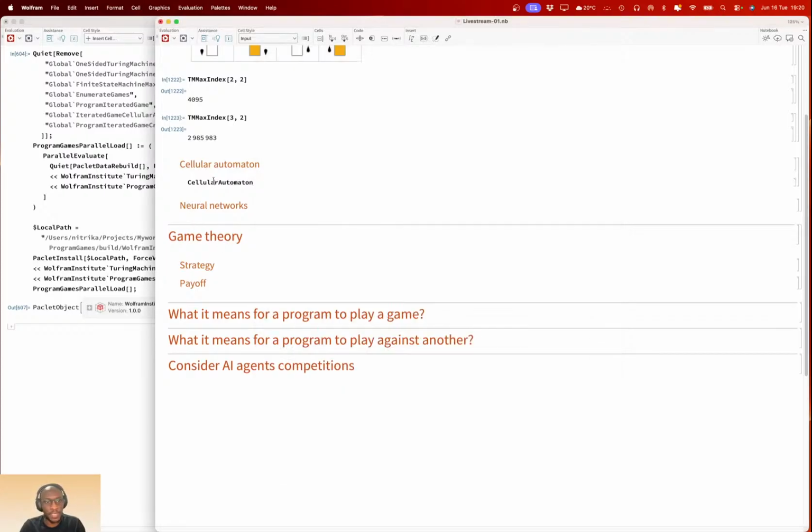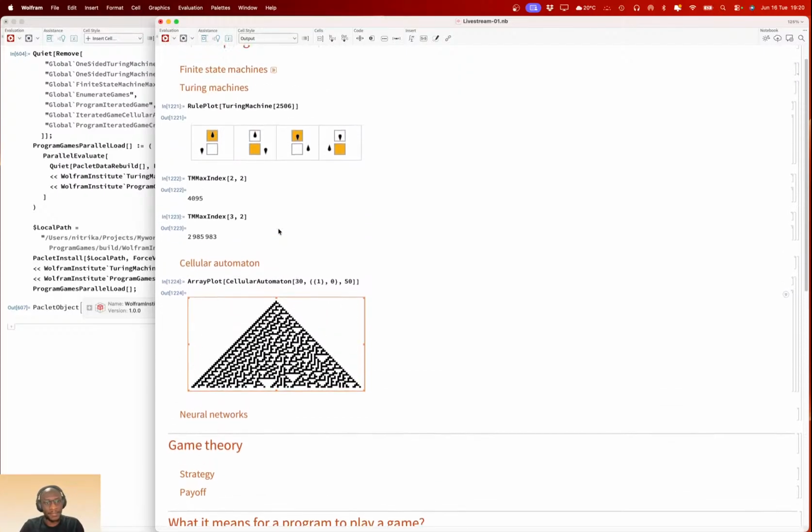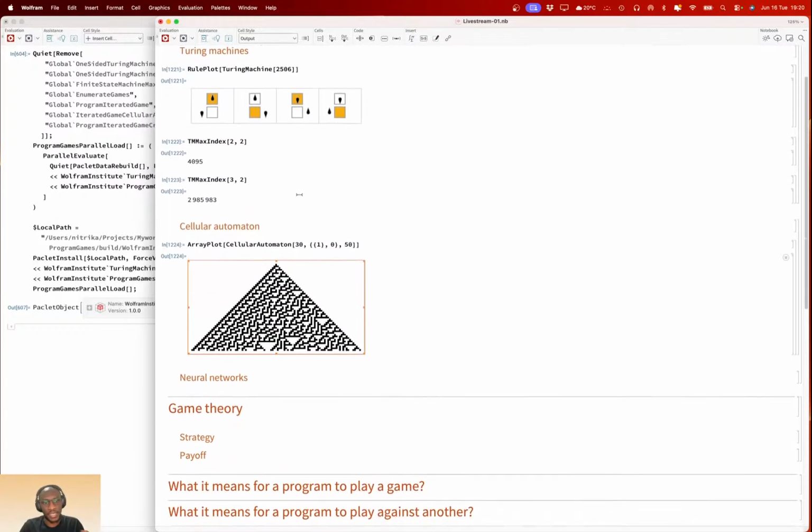I'll just put this here: take rule 30 in a rule system. This is what it does in visual form. You start from an initial condition, then you run it for 50 steps, and this is the representation of what that rule is. Now, those are examples of programs we can use to study games.